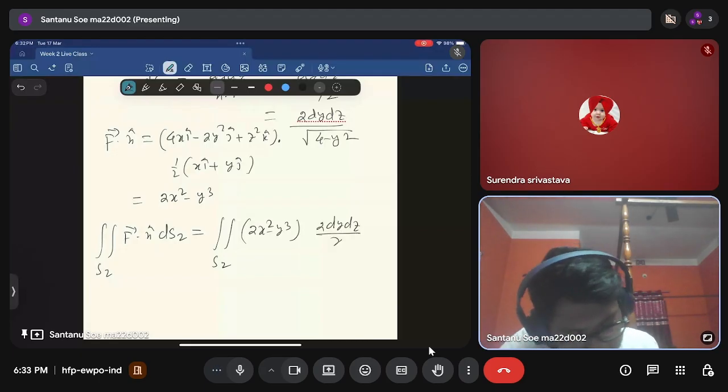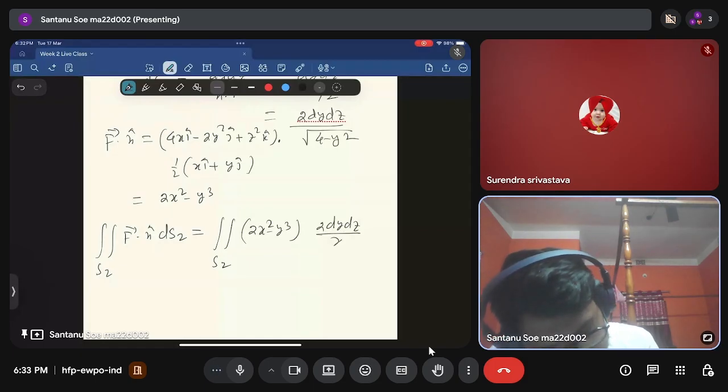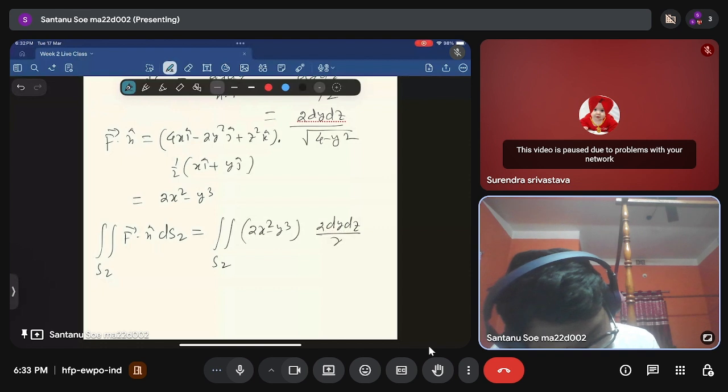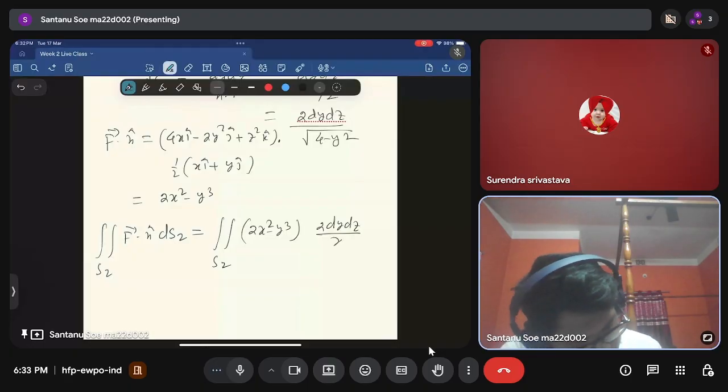Okay, so we take x equals 2 cos t, y equals 2 sin t, where t will range from 0 to 2 pi. So this integration will be changed to the integral over z equals 0 to 3, because 0 is less than or equal to z less than or equal to 3, and t equals 0 to 2 pi. Okay, and